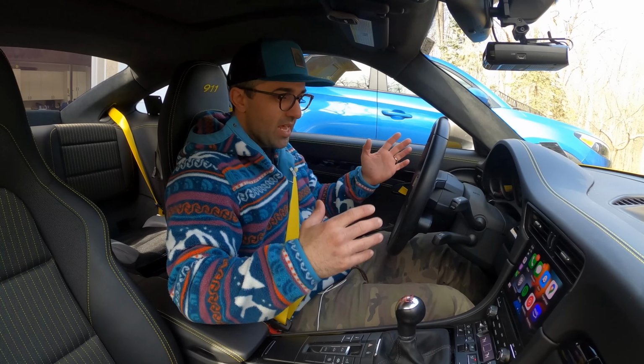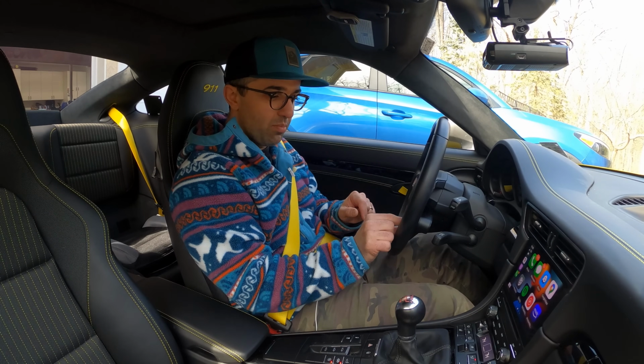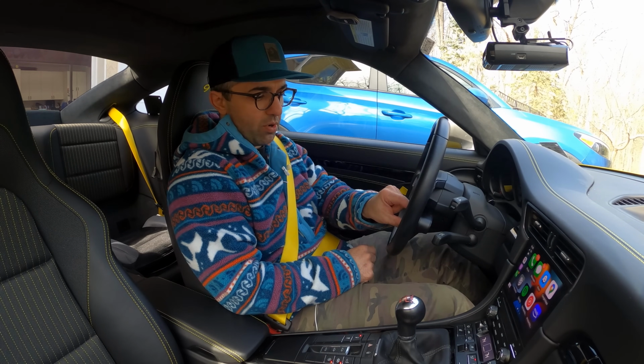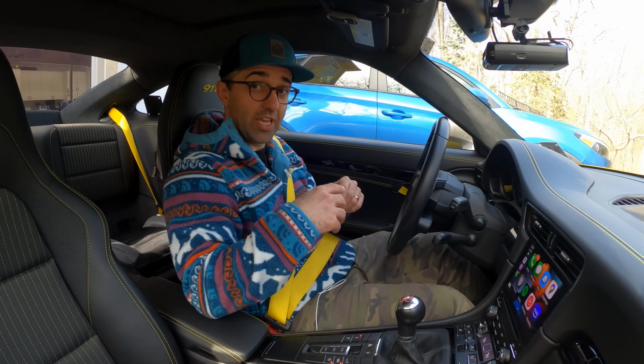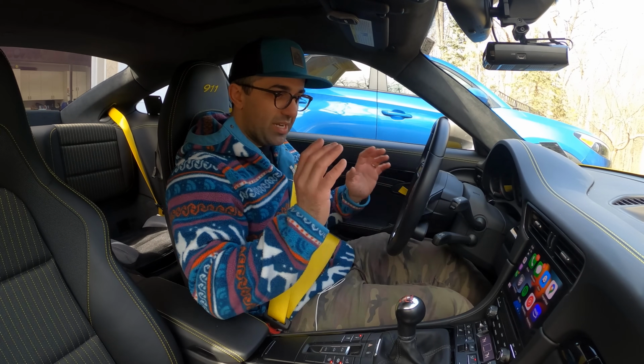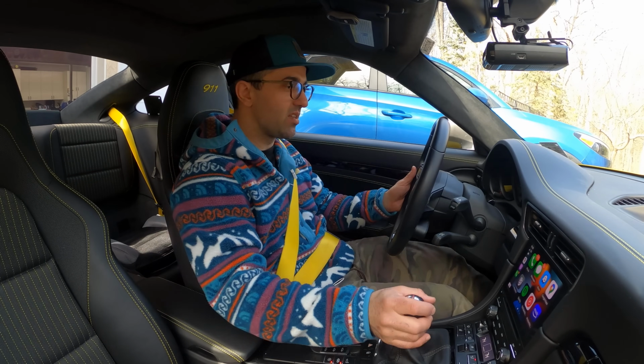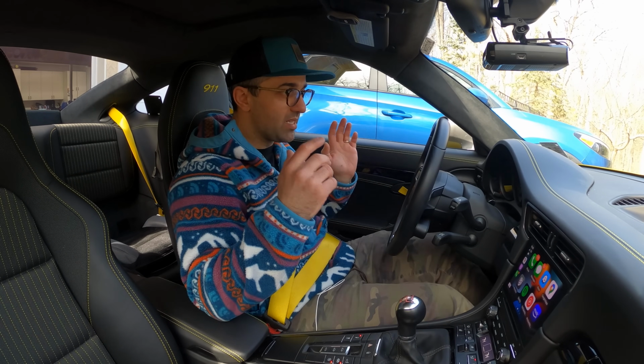Now with the 911, it's a bit more quiet, but you have this knob over here where you can put in different modes. If you put it in Sport or even Sport Plus, it actually spools up the turbos so they're ready to go, but it's still a bit of a quiet place to be in. Obviously you can adjust the exhaust and all that stuff here, but compared to the Cayman,